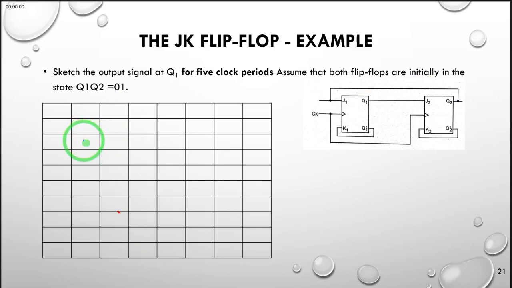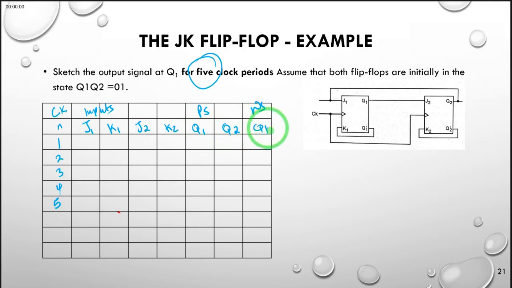The state table requires us to have the clock pulse, CK. We are moving for the first 5 clock pulses, so 1, 2, up to 5. And we are observing that we have 4 inputs: J1, K1, J2, and K2. Then we ask ourselves what the present state is, which is Q1 and Q2, and what the next state is, Q1 plus 1, or Qn plus 1, and we can still call it Q2. This is the state table that we must always develop when we are analyzing a